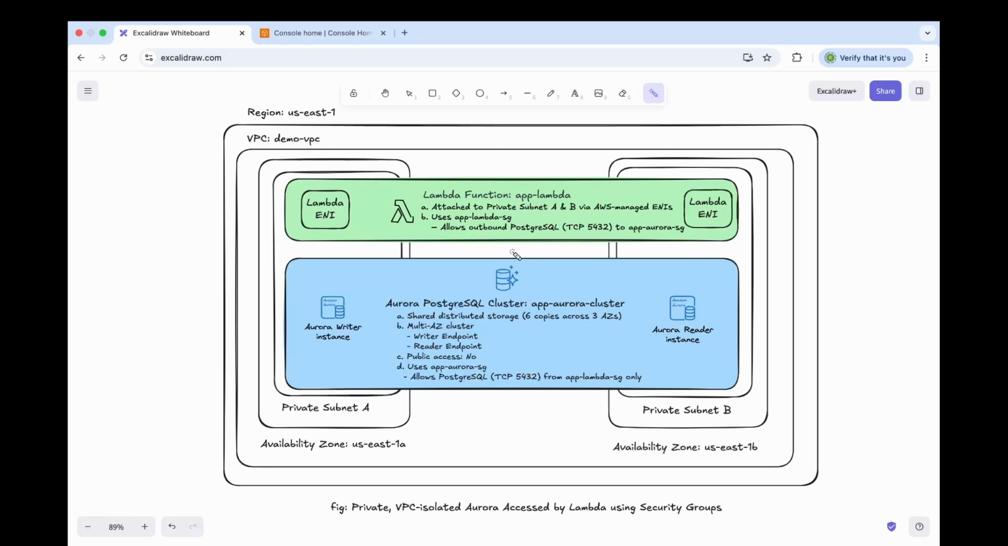Now let's look into this green box. In this green box, we can see we have a Lambda function called app Lambda. This is a VPC-enabled Lambda, so it uses subnets in the VPC to create network interfaces for connectivity. When a Lambda function is attached to a VPC, AWS creates network interfaces called ENIs in the selected subnets. These ENIs give Lambda a private IP and allow it to securely talk to resources like